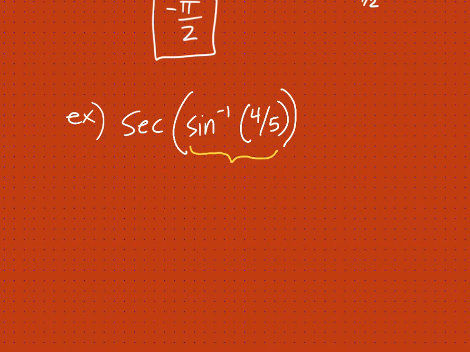This expression on the inside, sine inverse of 4/5, is an angle. Inverse trig functions are angles. Last week I gave you the angle, and you gave me the value of sine, cosine, whatever. Inverse trig function is the angle. That's what we're looking for. So this right here is the angle